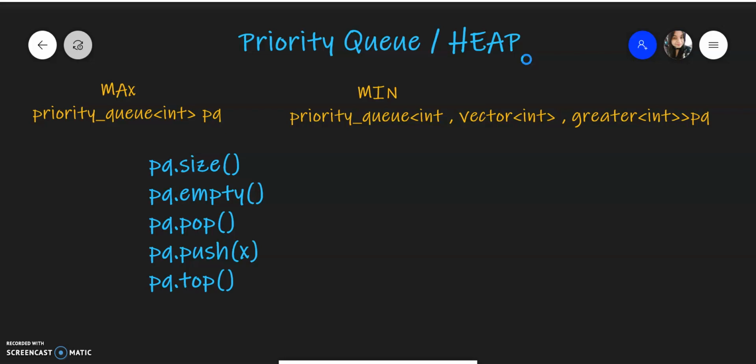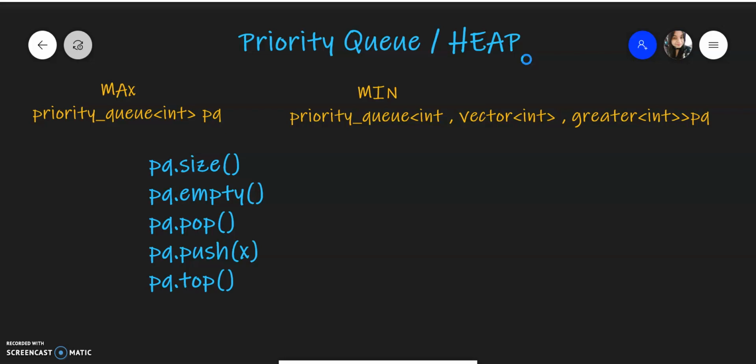So for now you can just imagine it as a heap or a queue where the elements are in a certain order. For example, if you're using a max heap, whenever you are going to pop the element, it will always be the maximum element. And similarly, if you are going to insert an element, it is going to rearrange it in a way that the elements are present either in ascending or descending order. So kind of the elements have some order, right?